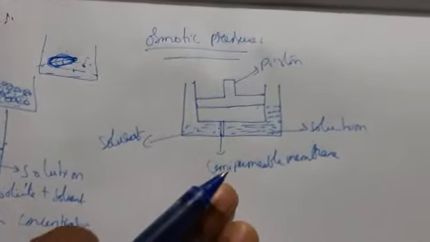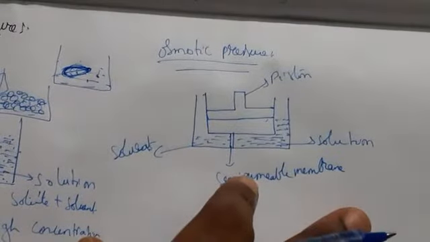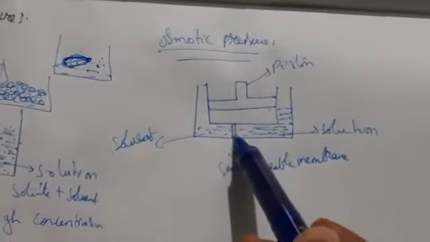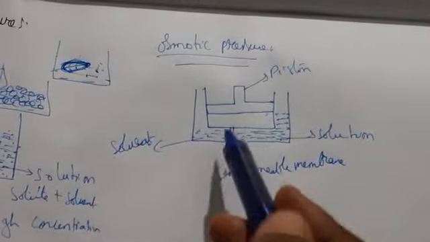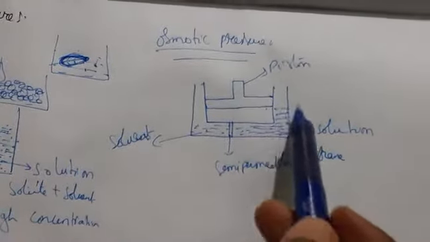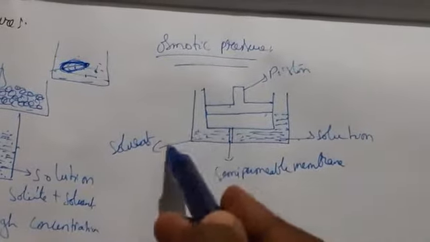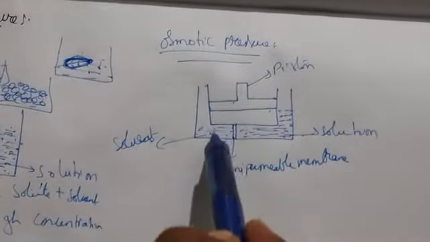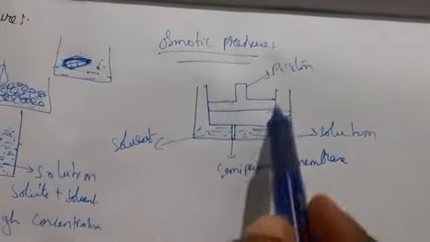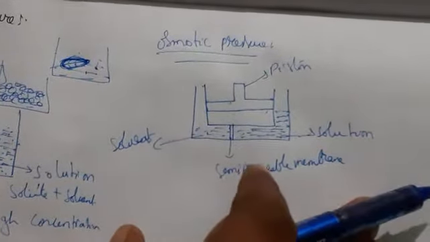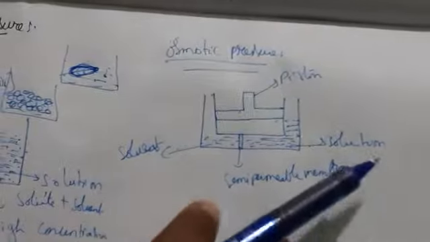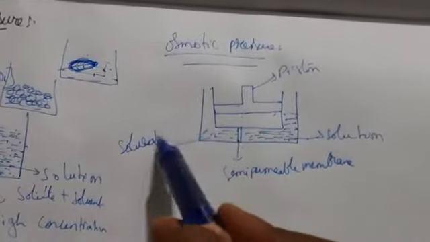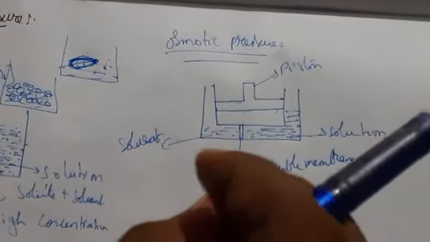osmotic pressure. So what we are saying here, osmotic pressure is nothing but, whenever the solvent and solution are separated by a semi-permeable membrane, the solvent is flowing continuously through the solution. To prevent that flow of solvent molecules into the solution, the extra pressure required to stop the flow of solvent molecules into the solution through a semi-permeable membrane, we call it as osmotic pressure, right? So when you apply pressure, automatically the solvent molecules will go very slowly.